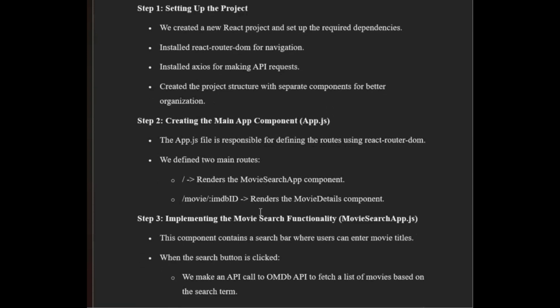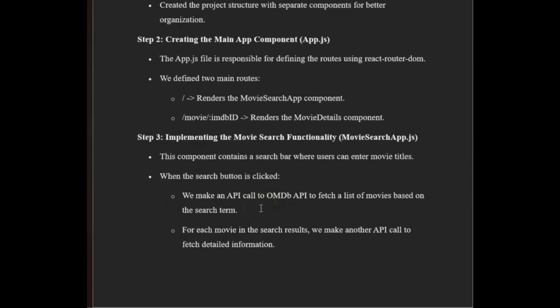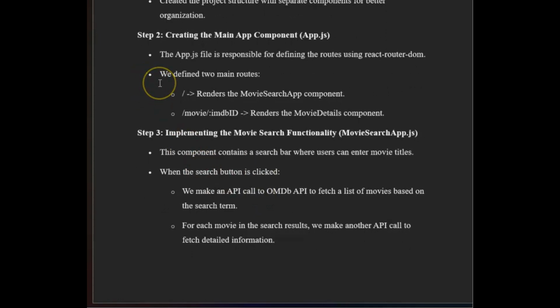The app.js file is responsible for defining the routes using React Router DOM, and we defined two main routes. Then we implemented the movie search functionality, so we created the movie search app.js file,